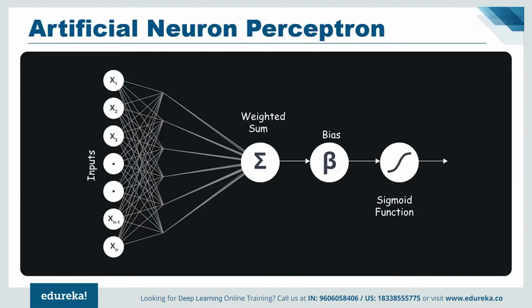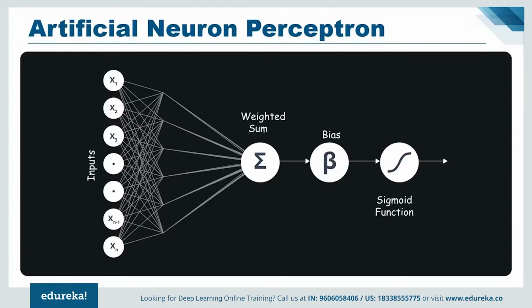Well, deep learning uses the concept of artificial neurons that function in a similar manner as the biological neurons present in our brain. Therefore, we can say that deep learning is a subfield of machine learning concerned with algorithms inspired by the structure and function of the brain called artificial neural networks.